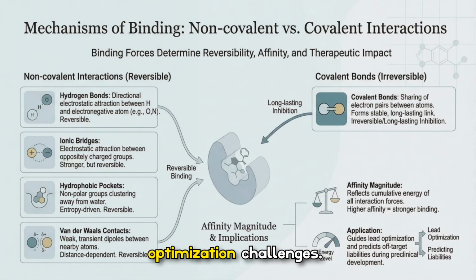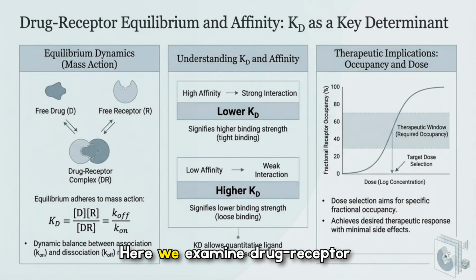liabilities and optimization challenges. Here we examine drug-receptor equilibrium and the key metric Kd, which quantifies affinity at steady state. A lower Kd means tighter binding and stronger interaction, while a higher Kd implies weaker binding. The figure links these values to fractional occupancy and shows how Kd helps compare ligands quantitatively and informs dose and